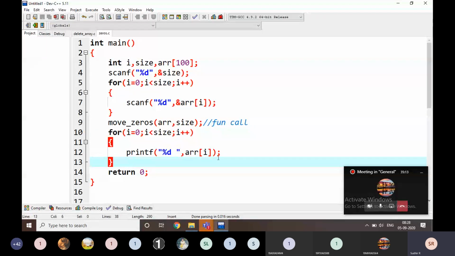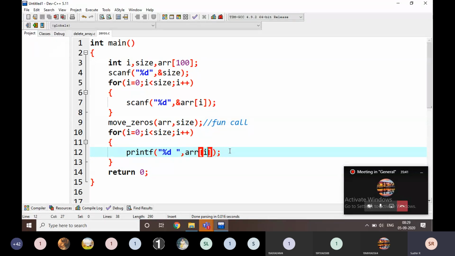What is the result? The result is itself, nothing else. The result is what we are reading, the input, that is the result. That means this is the in-place array. The output is going to be in that array only, not any other value. That means we have to modify within that input array, not any other source. We have to observe these things.